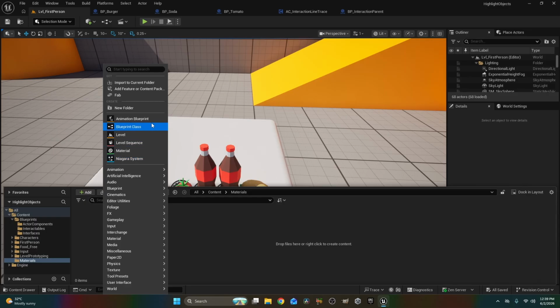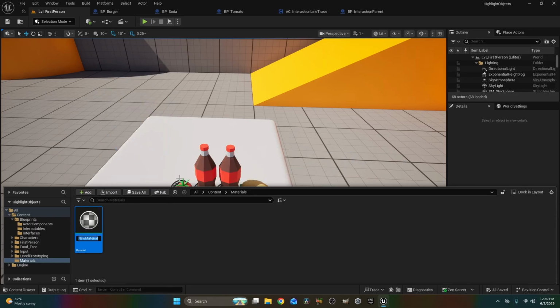And then we're going to come here and say create a new material. So I'm going to call it M for material, and then I'm going to call it PP underscore outline. Now the PP just stands for post-processing, because the way we're going to do the outline is using a post-processing